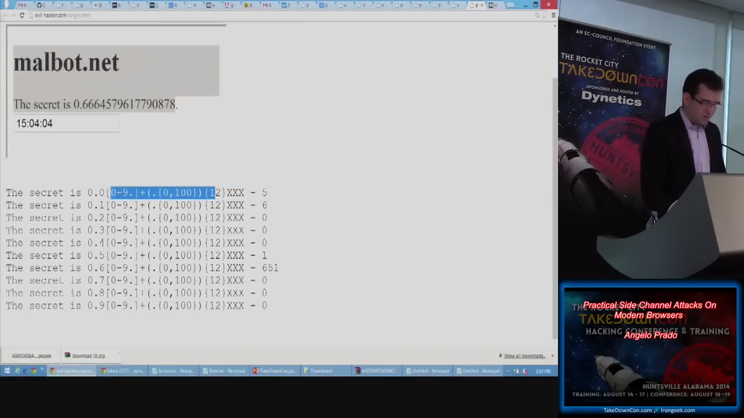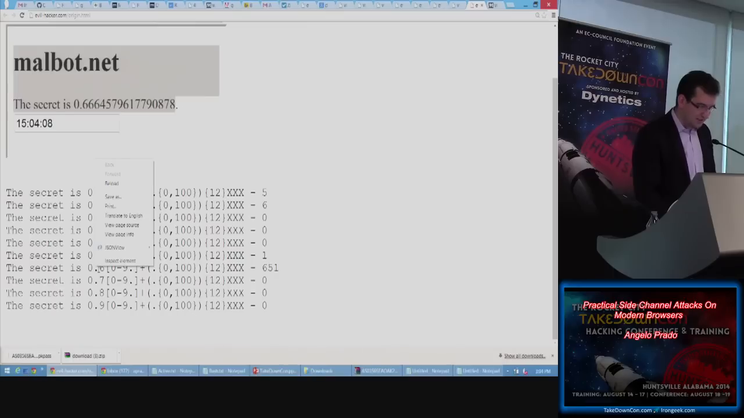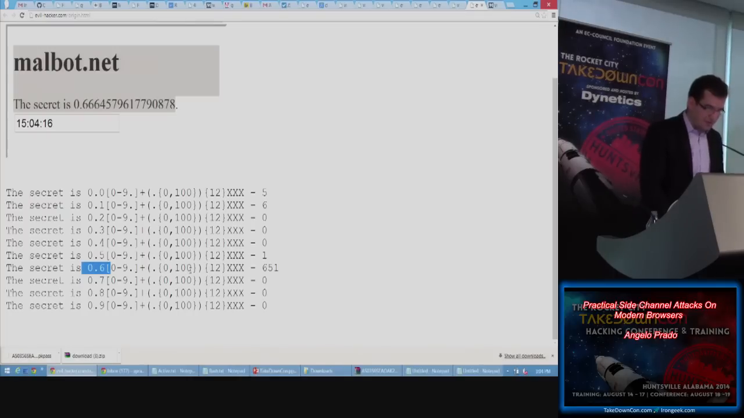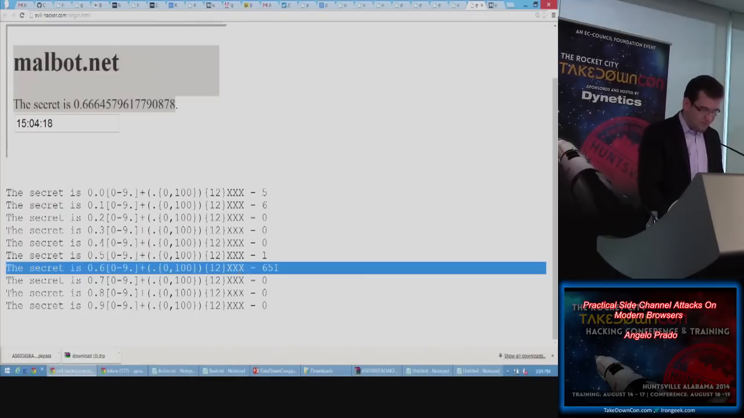In this case, 0.0000 repeated 100 times. Eventually it goes like, I think the secret is 0.6666 repeated a bunch of times. And it does that quite a lot of times, and what that means is when you get the right secret,